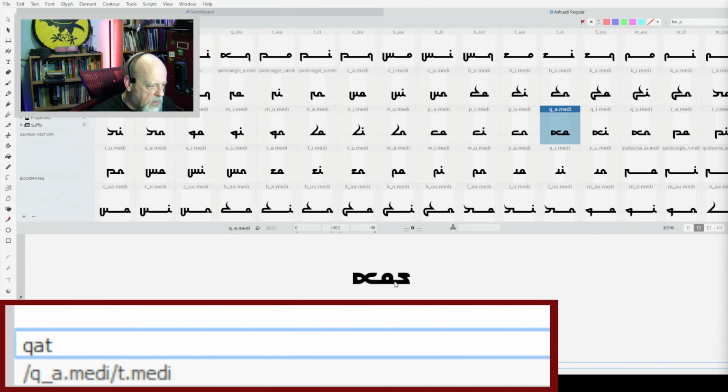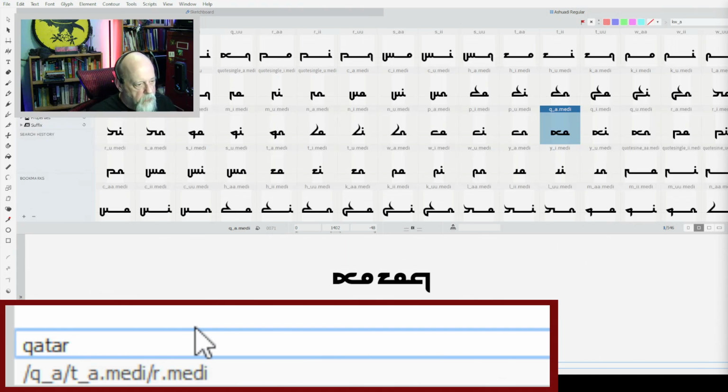Okay, so this is QAT, right? Asemic text. If I make that kata with another A, it draws it as QATA. And if I make it Qatar and add an R in, it puts the R ending there.